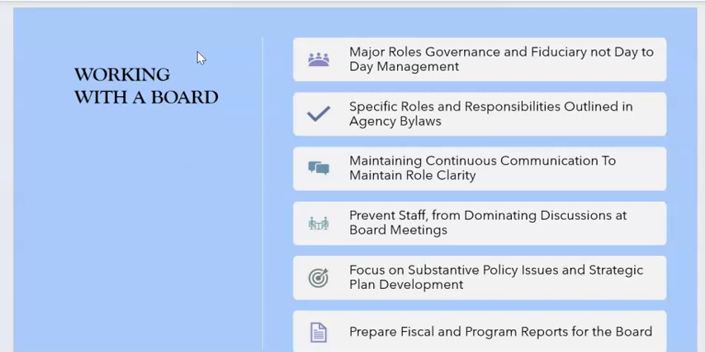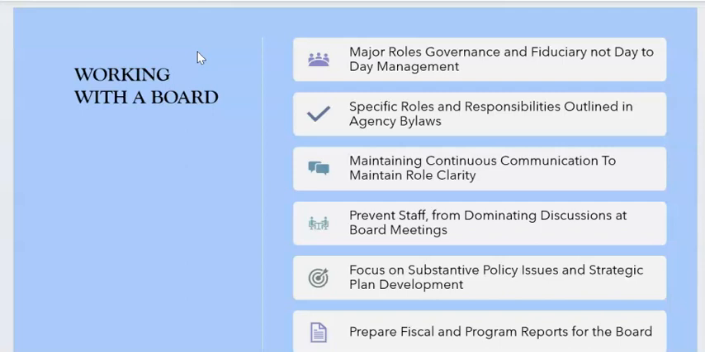Working with the board means maintaining continuous communication so that role clarity is clear. Prevent staff from dominating discussions at board meetings. The board chair runs that meeting, not the executive director who is staff to the board. There is a focus on substantive policy issues and strategic plan development, and